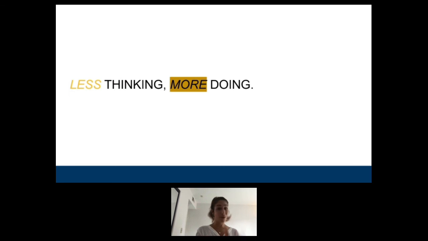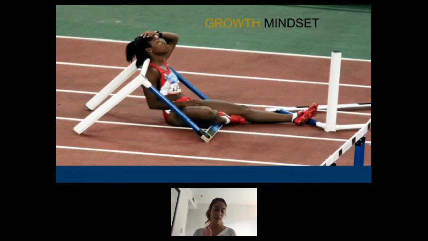Whereas athletes are the perfect example of people who fail all the time, and many times during a game, the entire team will lose. They have to look at that and say, hey, that's not a definition of my skills. That was just one game. I'm going to get right back up and continue to reflect on that and do things better, right? So in general, we need to reevaluate the way we think about failure and about ourselves, with this growth mindset, in order to allow ourselves to be successful.